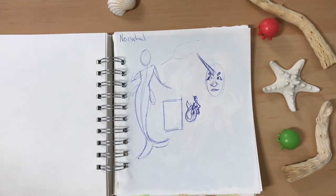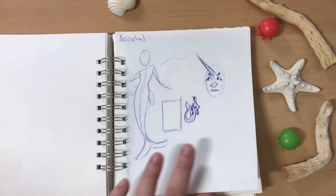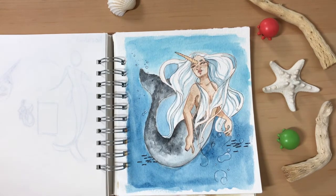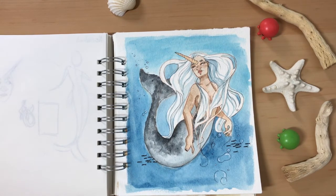And next we have a narwhal. And immediately I thought unicorn. I didn't do a lot of sketching for this one because I knew what I wanted it to look like, and I just went straight into the illustration. The long eyelashes that I didn't get to do on the angelfish, I ended up doing on this one because I wanted it to look a little more elegant, and she has a very